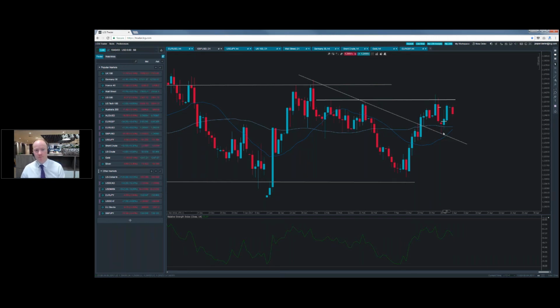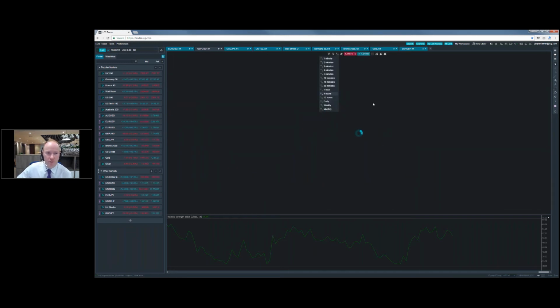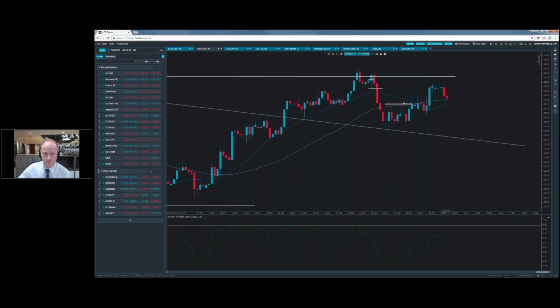The moving averages are below us, which is where we kind of bounced from in combination with this trend line. So if you feel like the market's going higher, in line with these moving averages, which is below the price, then obviously you're looking, if we drop down to the short 4-hour chart, you're basically looking for this area that we held, we struggled at for a while, looked like it might roll over, and then it actually did get the bounce. If we can bounce off there again, that's a good sign. If we start trending into these lows again, then my feeling is it's going to give way to the downside.